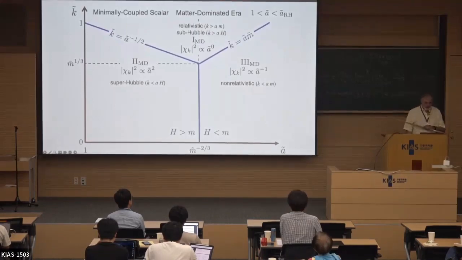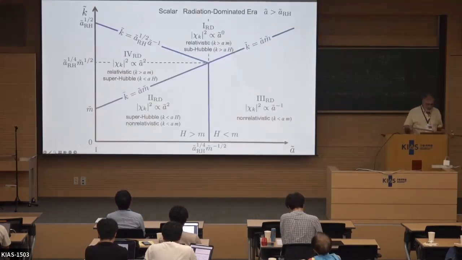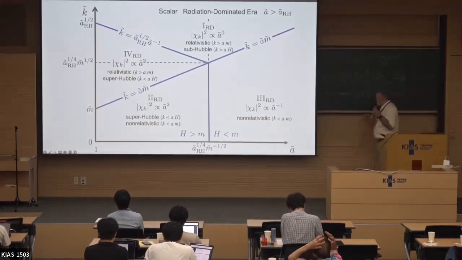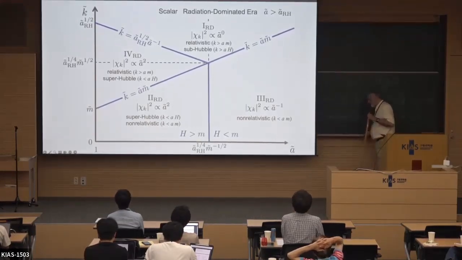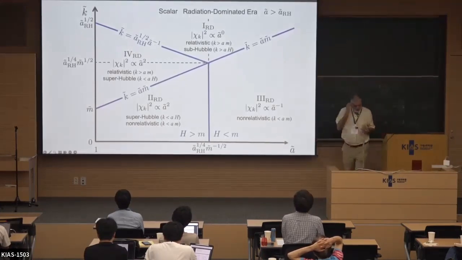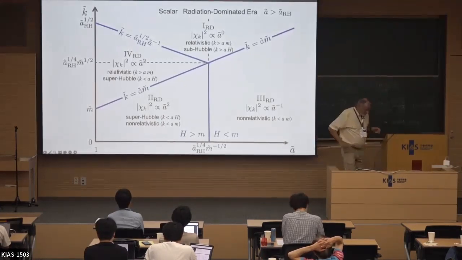So this is the evolution during the matter-dominated phase. During a radiation-dominated phase, the evolution is different. The reason the evolution is different